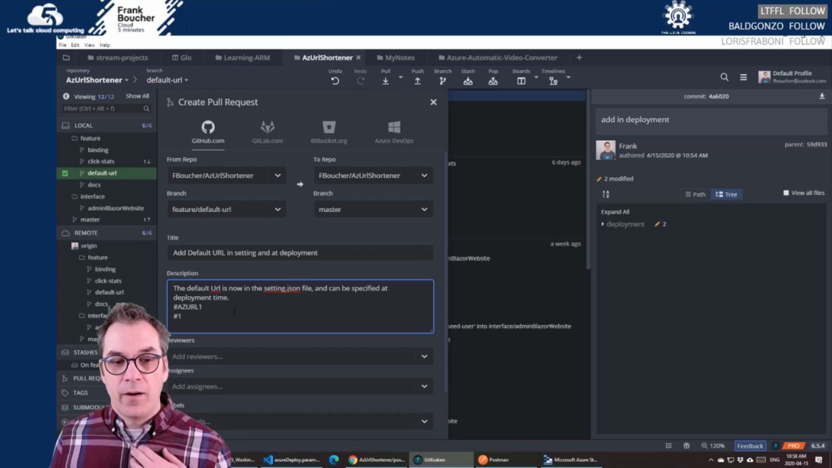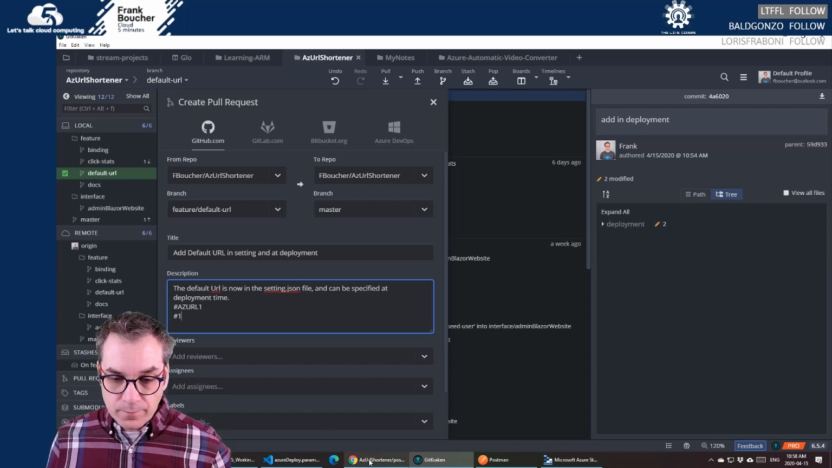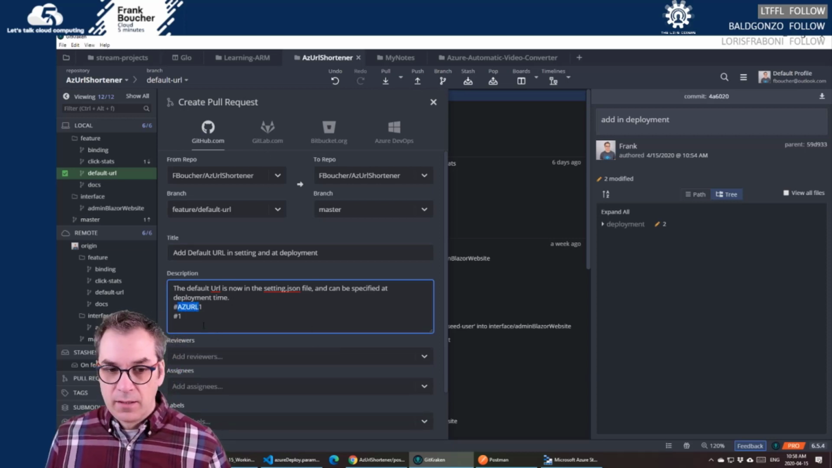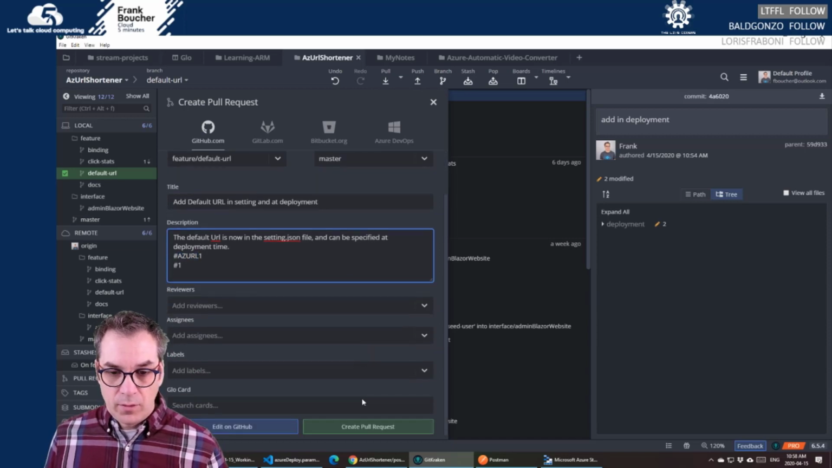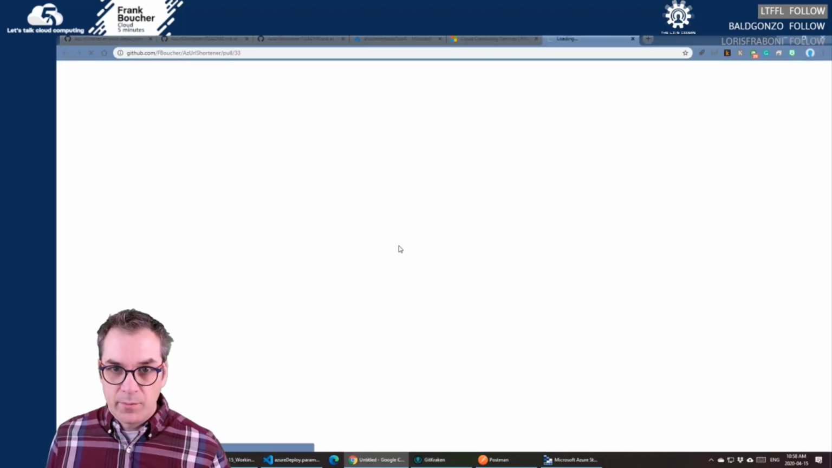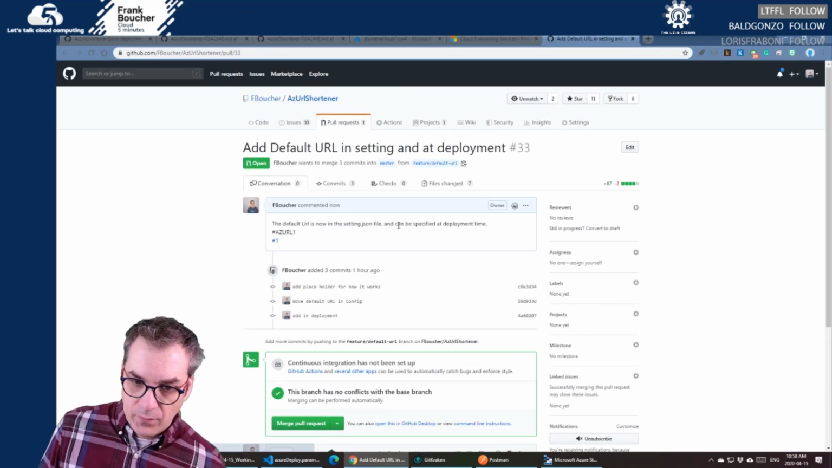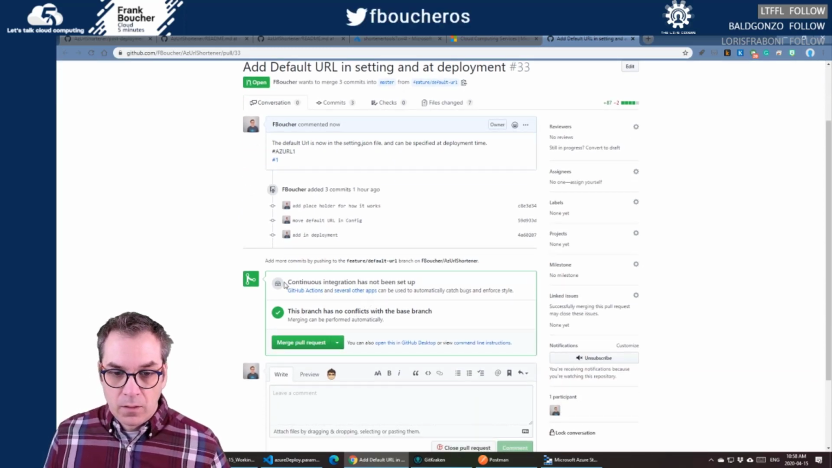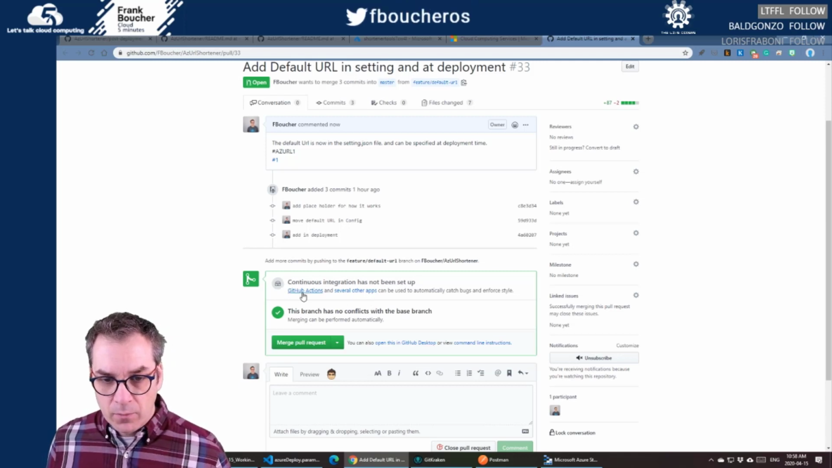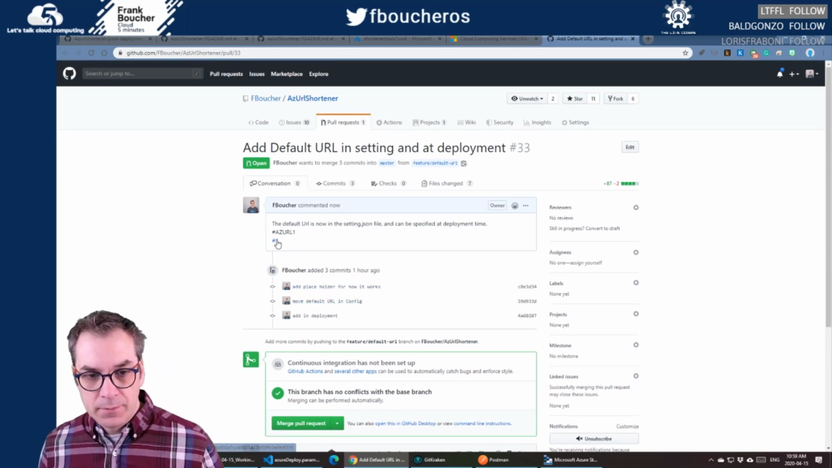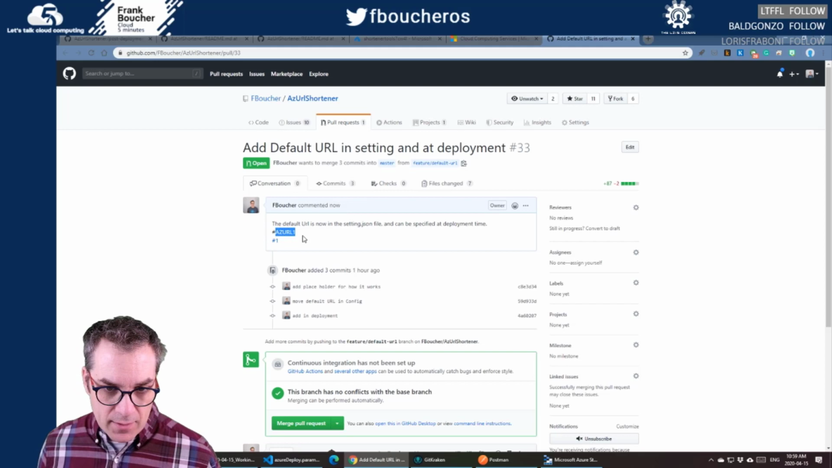So that's pretty cool now in GitKraken. You could have a prefix to your stuff. So cool. So now we have it. Let's create a pull request. Now we'll go in GitHub, see the pull requests. Contribution integration has not been set up. Oh. Yeah, but that one is just inside